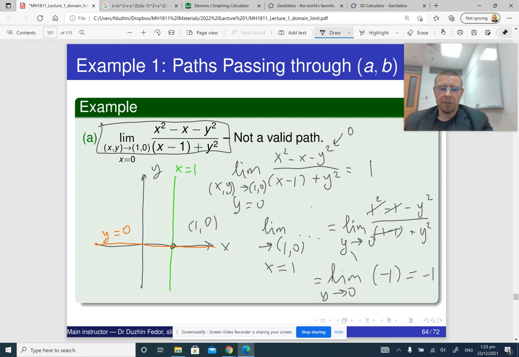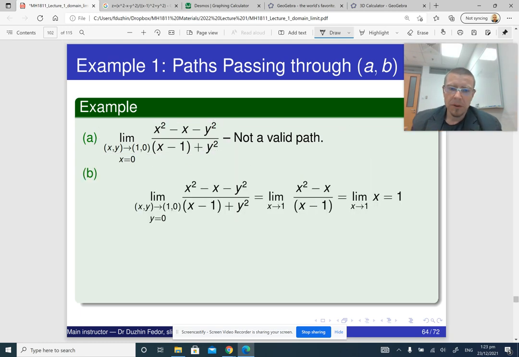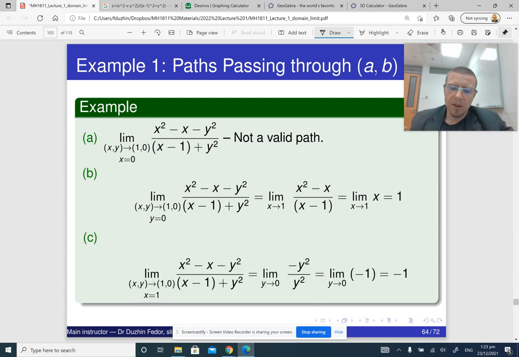So what we see here is that there are two different limits on two different paths, which means that the limit of the function of two variables does not exist. Here is the first limit, here is the second limit. Now, hypothetically, if you wanted to really explore different paths, you could compute the limit along any